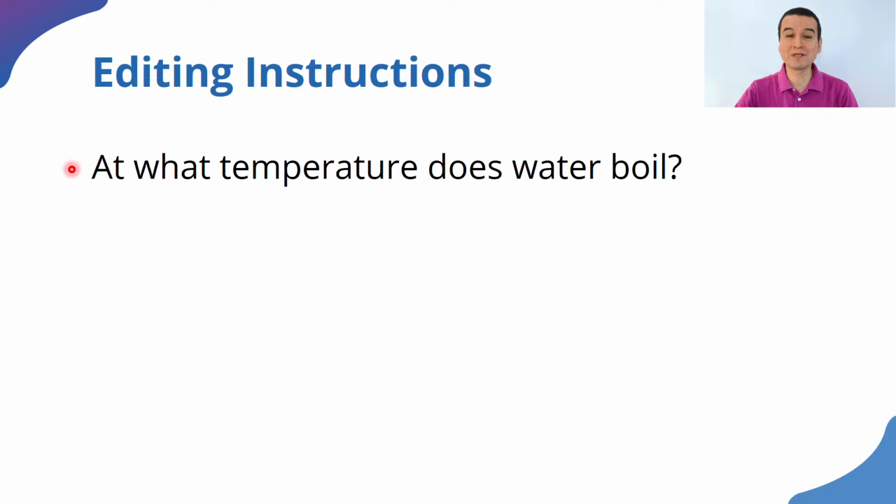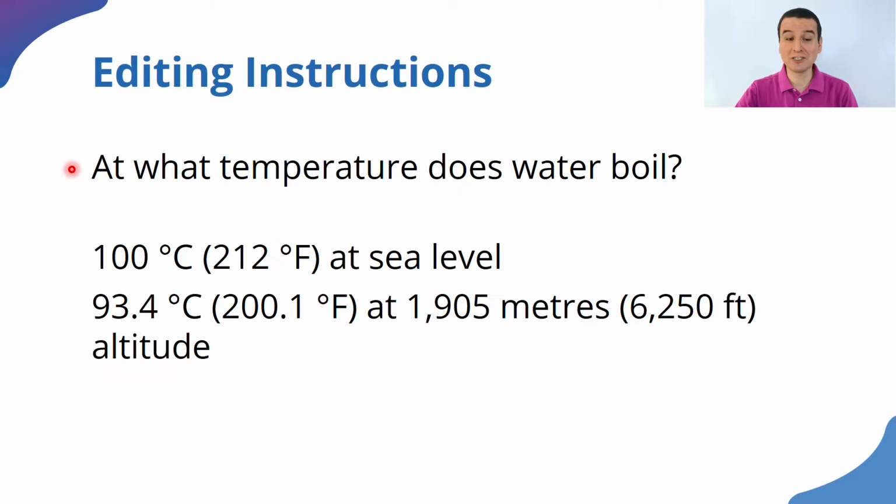Let me give you very specific information here. Actually, water boils at 100 degrees Celsius, and that corresponds to 212 degrees Fahrenheit. That happens only when we are at sea level. But when the pressure of the atmosphere is different, that may change. For example, it will boil at 93.4 degrees Celsius or 200 degrees Fahrenheit at